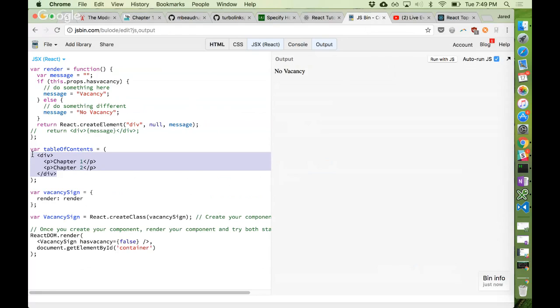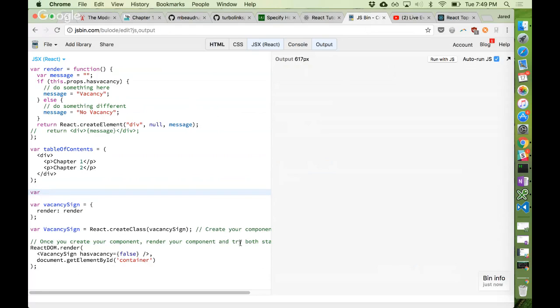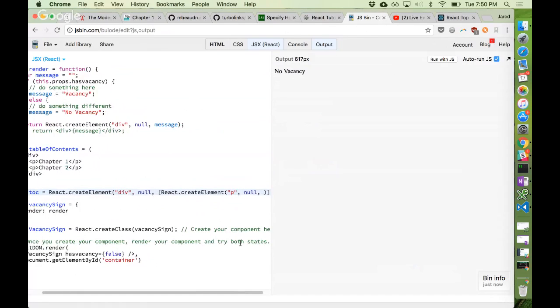If we were to convert this into valid JavaScript directly, it would look like this. Let me try and get this. It's going to look bad. I'm going to call it TOC, and I'm going to do a React.createElement. We have a div, and then it doesn't have any special properties, and then its body is going to have to be an array of React.createElement, and this one is a paragraph, and it also doesn't have anything there,